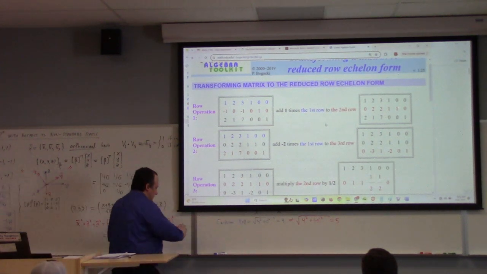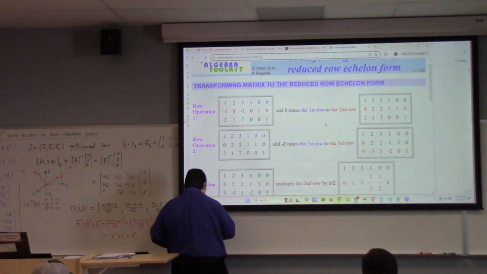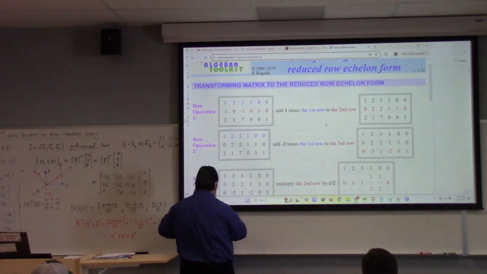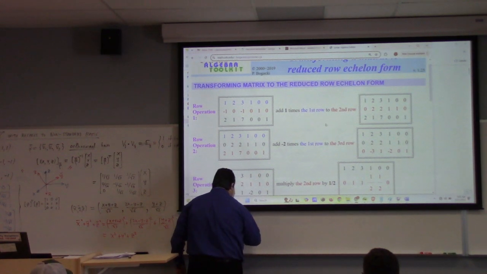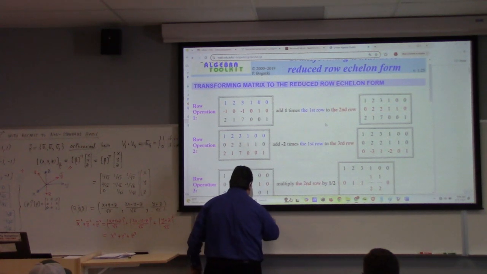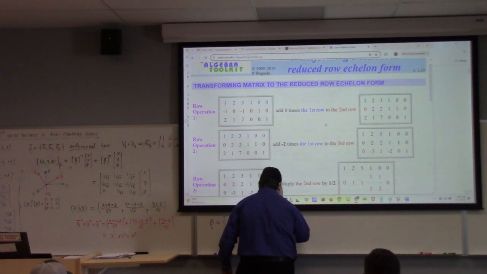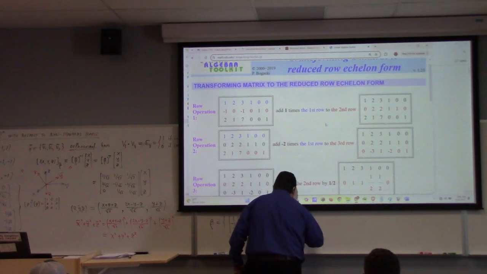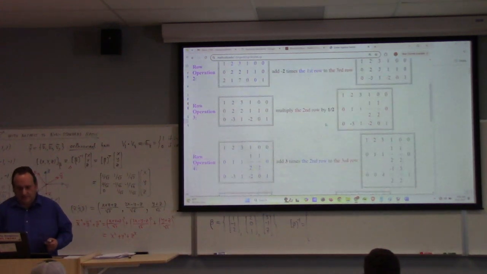If we had beta equal to 1, minus 1, 2, 2, 0, 1, 3, minus 1, 7, right? The beta inverse matrix works out to, after some calculation,